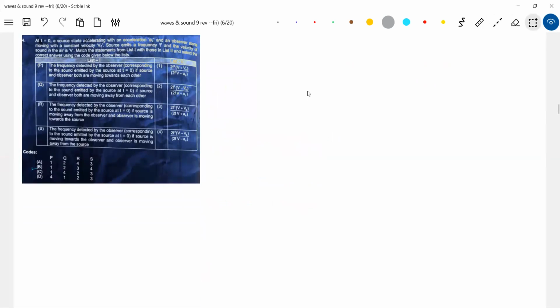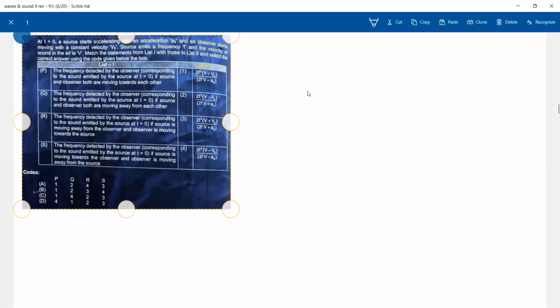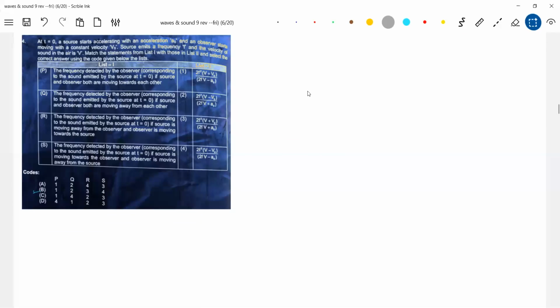On the concept of acceleration, I'm bringing it here. Carefully read the question. We have discussed the Doppler effect with observer and source moving. So here with acceleration, we are introducing a concept. If you do it for any one option, either P, Q, R, then the result can be generalized. Any one option you pick up. So first start with option P.